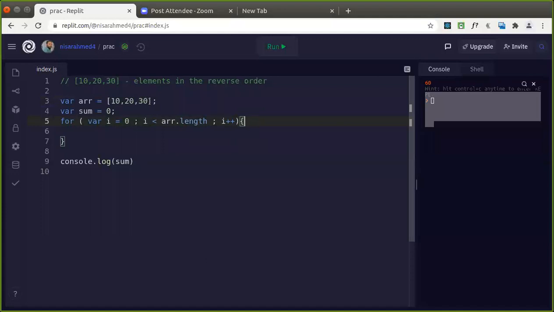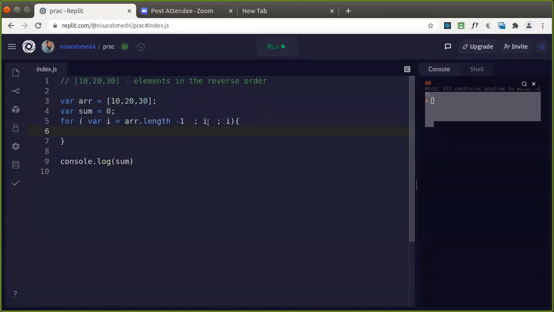So we have to start from this last index, isn't it? So the i value should start from there. So giving that, we can get it what? Array dot length. Okay, good. So array dot length will give us the value as 3, but it should start from where? It should start from minus 1, isn't it? It is array dot length minus 1. And this value should be what? Suppose this index is 2, then we can get it, isn't it?